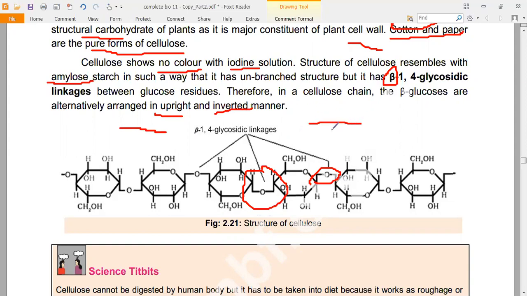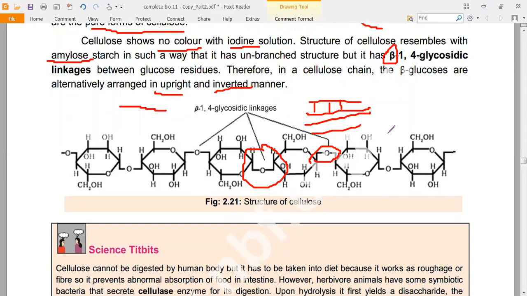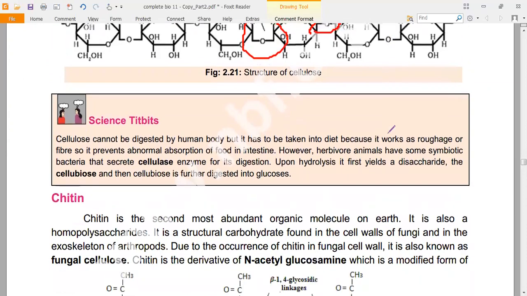Then they form linear chains like this, and among them they form hydrogen bonding, and they form the crisscross arrangement. This crisscross arrangement is very, very important for the strengthening of the cellulose. So cellulose is that polysaccharide which cannot be digested by human beings, but it is very, very important in food,